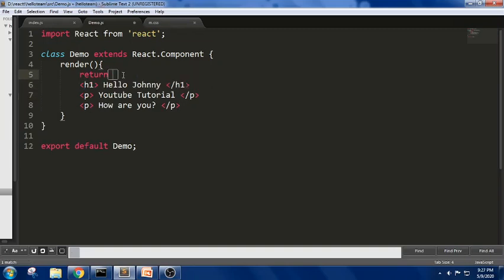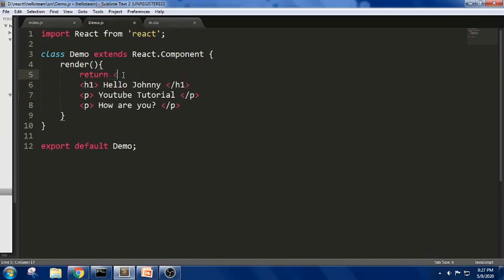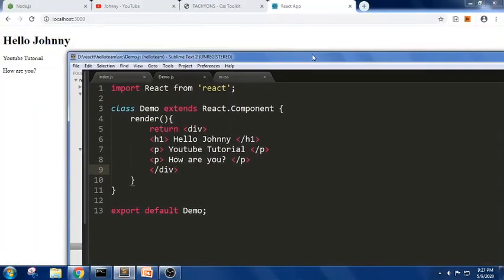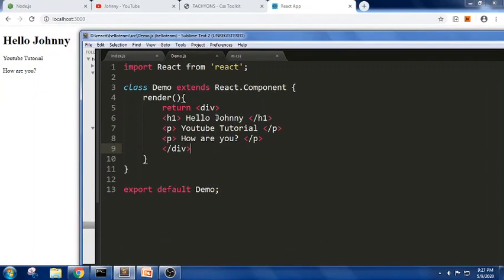So what I'm trying to do is write div and div tag close. Now let's see. Yes, we got the same output that we expected. So it is trying to render this output. Now we can call this JSX elements. JSX stands for JavaScript extension. Generally we call it JavaScript extension, but it is JavaScript XML. So it is used to render all these lines in the component.